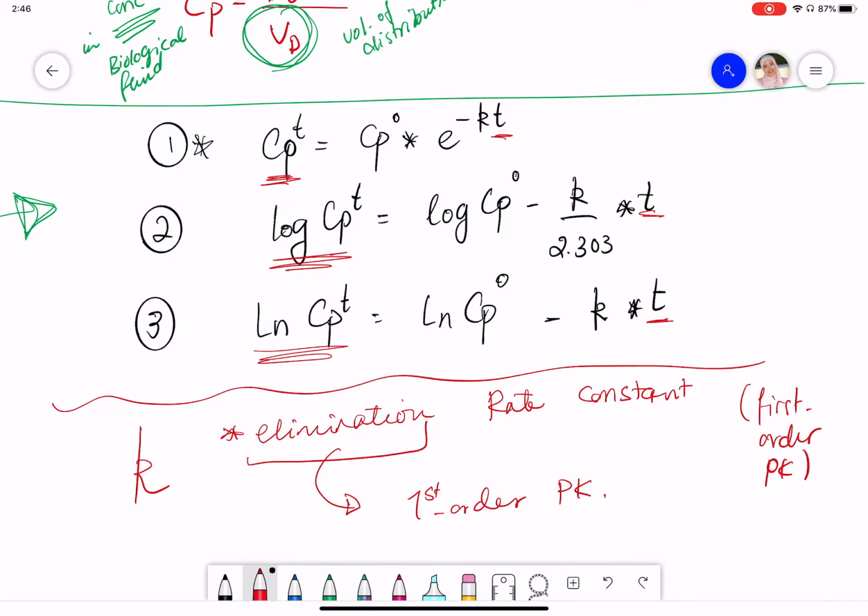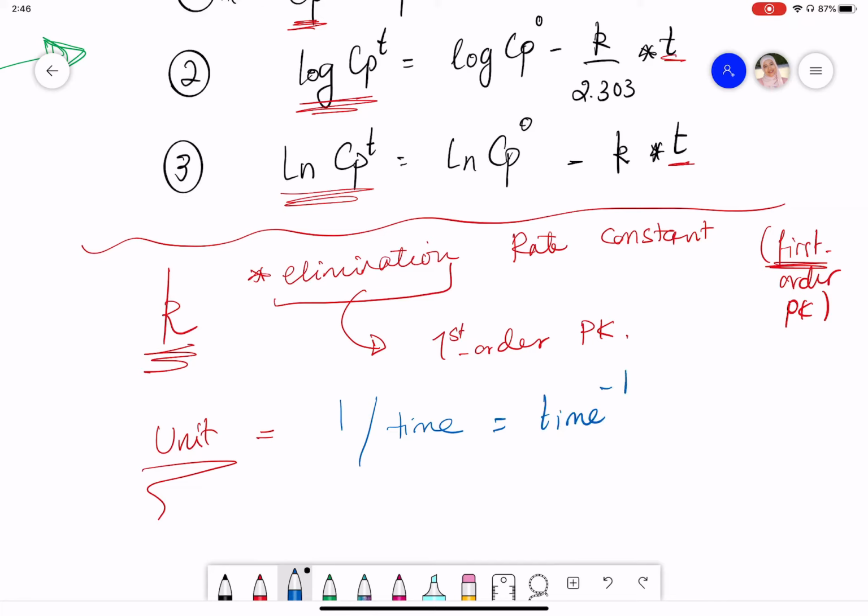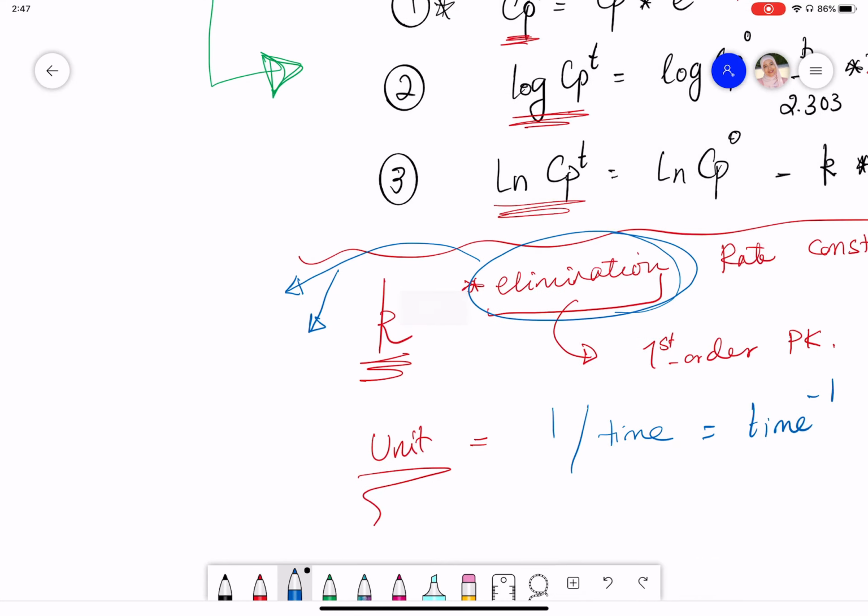So accordingly, the elimination rate constant is the first order elimination rate constant, right? The unit of the elimination rate constant, if it's following first order kinetics, would be 1 over time, or its reciprocal, okay? And as we already know, the elimination would include two processes, right? Which are excretion and